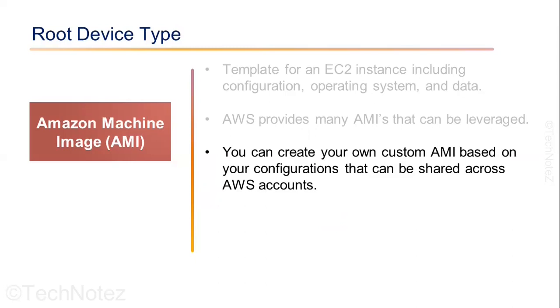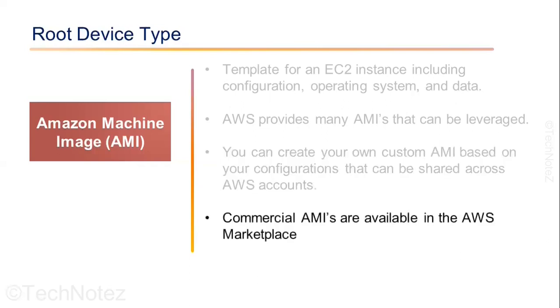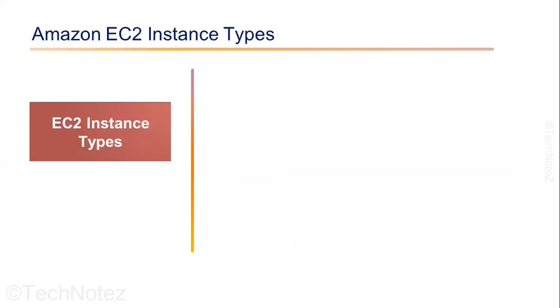You can choose from different types of AMIs that have different operating systems, software, and configurations. It's a way to save time and effort when you want to launch new instances and also ensure consistency and compliance across your instances. You can also get commercial AMIs from the AWS Marketplace. So if you want to use the AWS Marketplace, you can go and explore the different AMIs that are provided by the commercial vendors. Next, let's talk about the several purchase options of the AWS instances.